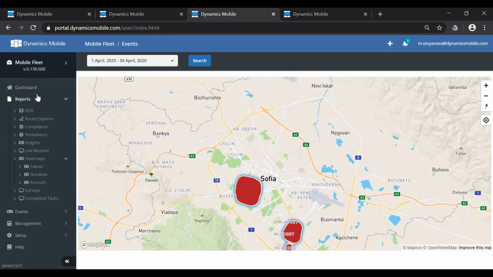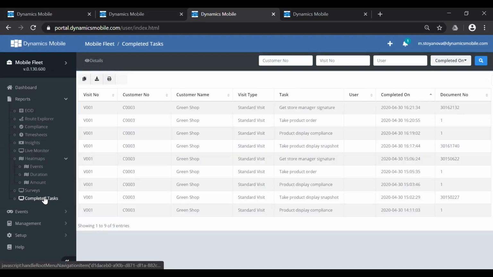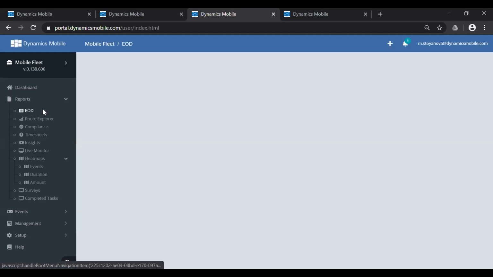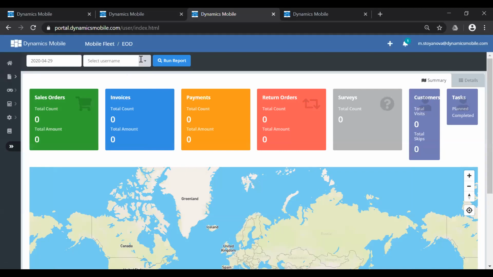We have some other reports: end of the day, some insight reports, some survey reports, and completed tasks reports. So whenever the salespeople complete tasks, these are all of the completed tasks that we have today for our company. So you can check it from here. You can see the completed tasks and the information about them. In the end of the day report that you run, you will also be able to see, whenever you choose a date and a username,